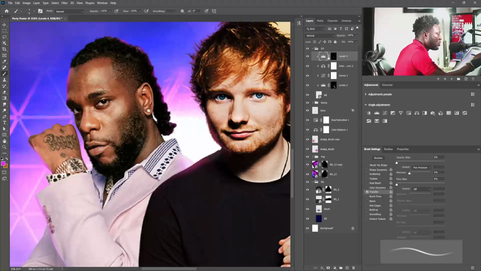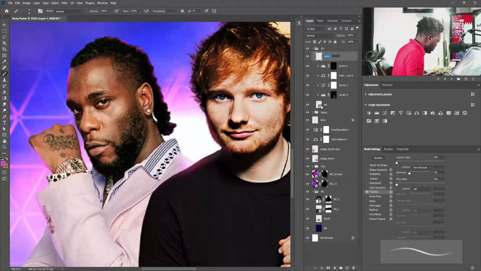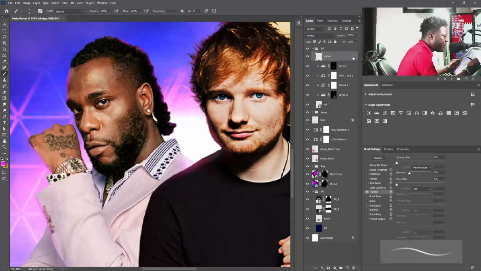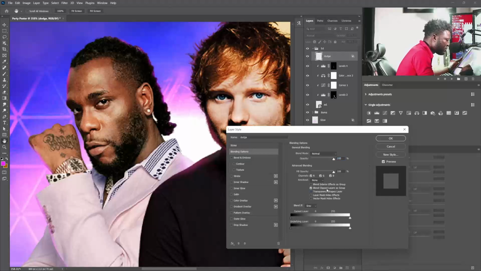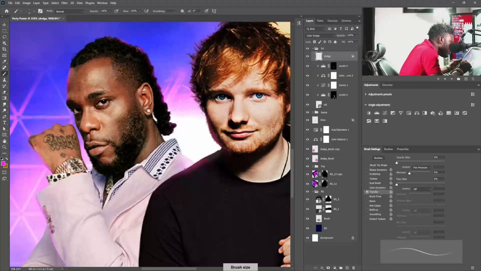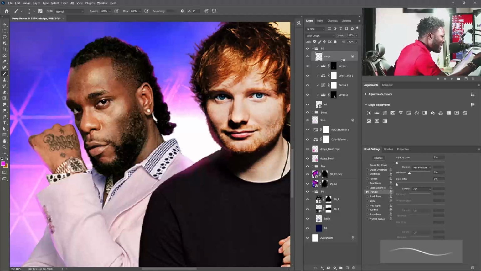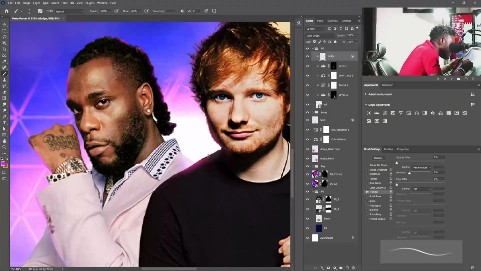Then I'm going to create a new layer and call this Dodge. Double click on the layer. Then I'm going to turn off transparency and change this to color dodge. Select the OK button. And I'm going to softly apply. Now, we need to hold Alt and clip this to the layer. When you hold Alt, make sure you place your hand in between the two layers here. Then I'm going to softly apply that here,